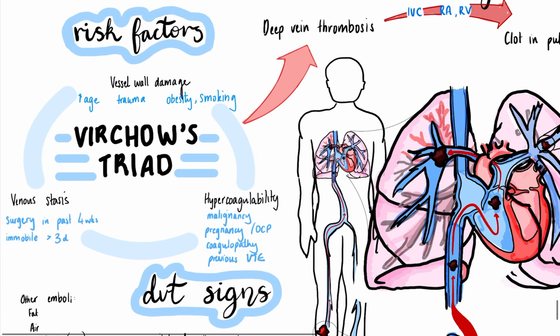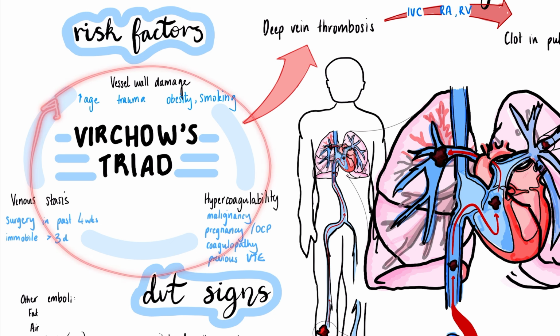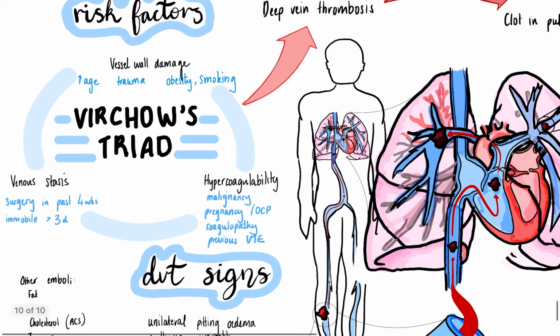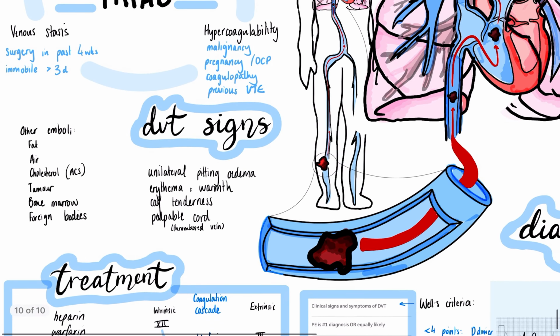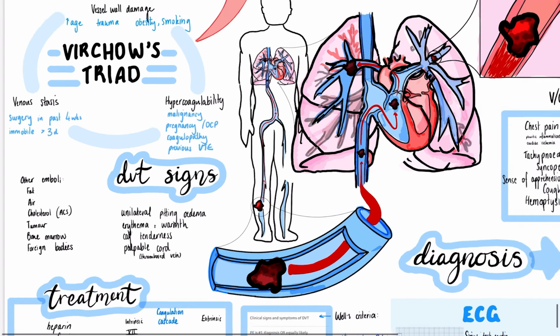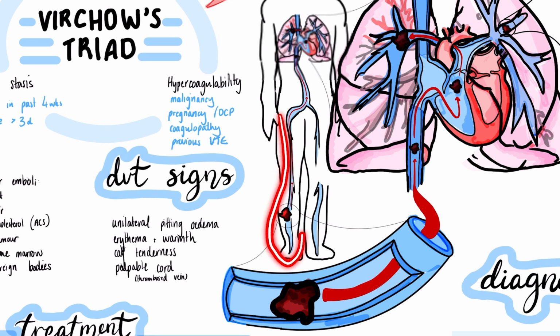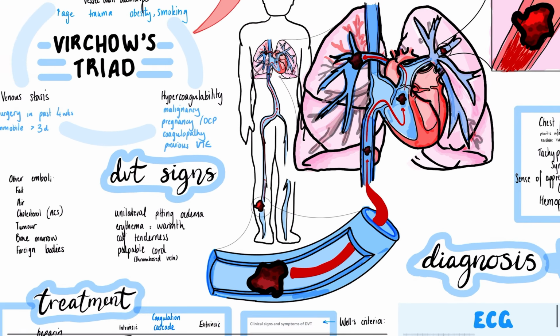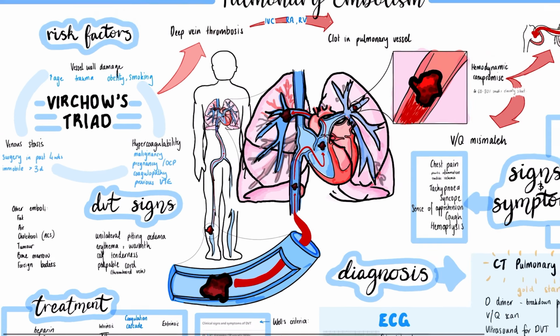So if you have a bunch of these things, you're going to be more predisposed towards deep vein thromboses. A deep vein thrombosis is basically where you have a clot that forms in the deep veins of your lower limbs. The reason it's in your lower limbs as opposed to other limbs is because you get venous pooling when you're standing or when you haven't moved around for a while. Your blood isn't moving as well as it could be, so it's more likely to clot. And this is more likely in people with varicose veins, which is where you have an insufficiency of your valves.